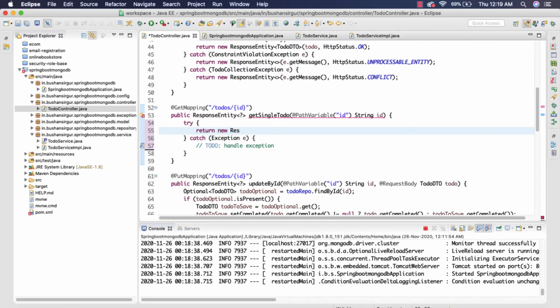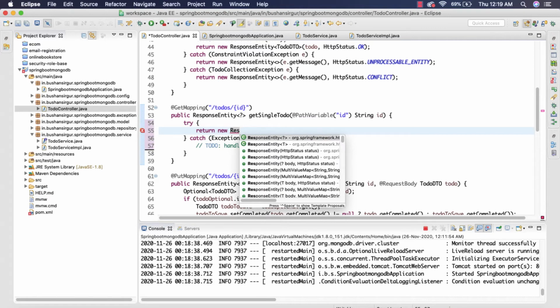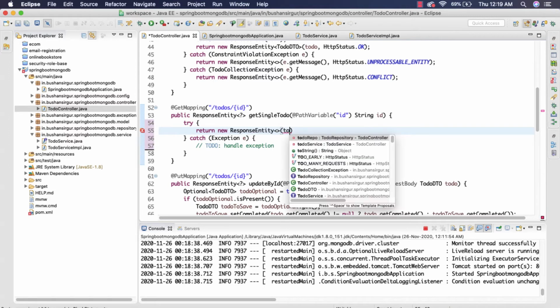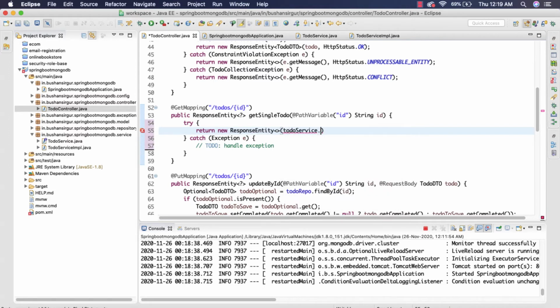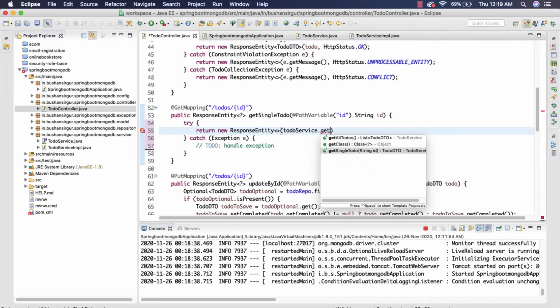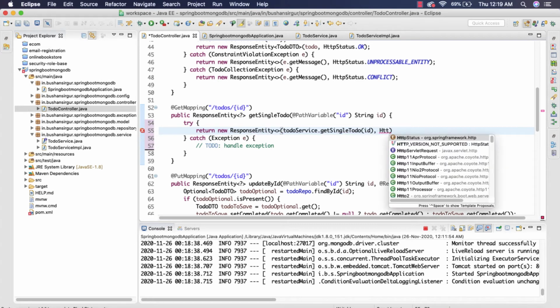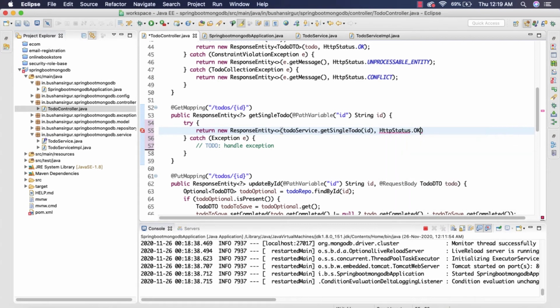new ResponseEntity, we're going to make use of the todoService.getSingleToDo by passing in the ID, and we're going to send the HTTP status OK.